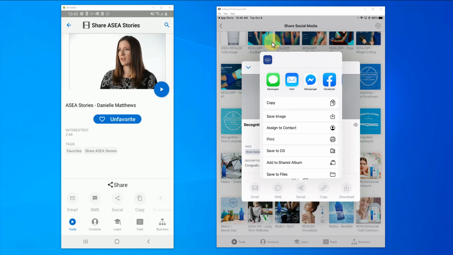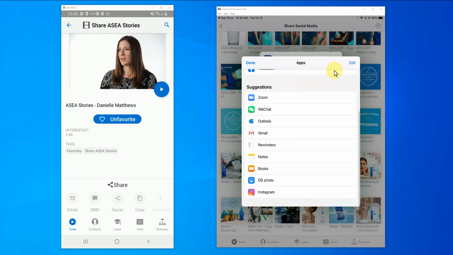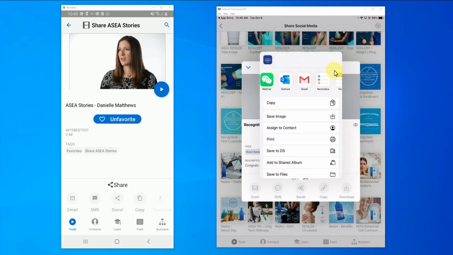This next area here is where you're going to go through and find the social media platform that you would like to share this to. In this example, I'm going to use Facebook, but you can see this app will accept any other social media platforms. Facebook, WeChat, Instagram's also in there. If you don't see yours listed, there's a little button here for more, where you can find some of the other options to share with. Let's find Facebook here.